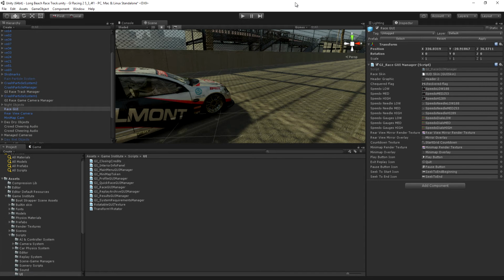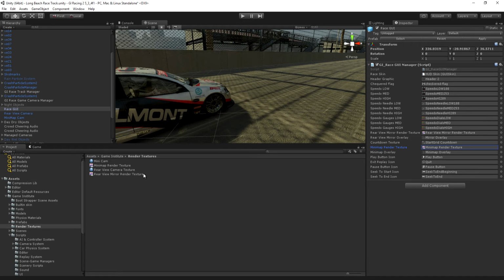However, what is important in this discussion is that you'll notice in its inspector, it has a little slot here that allows us to drag in that minimap render texture. And it uses that to use Unity's GUI.DrawTexture function, so it can just draw that texture directly to the